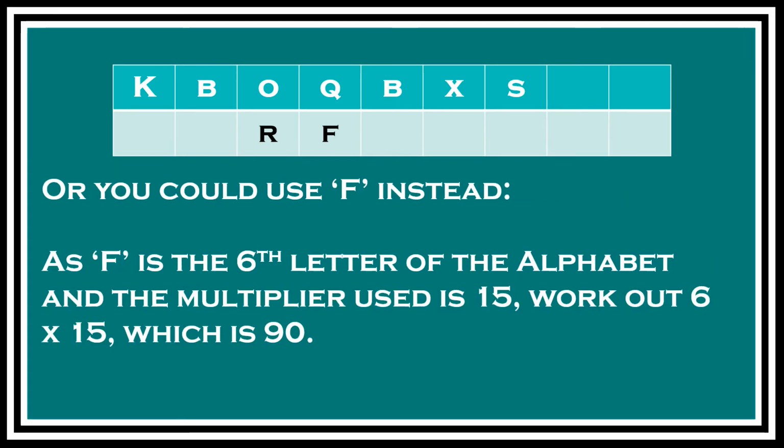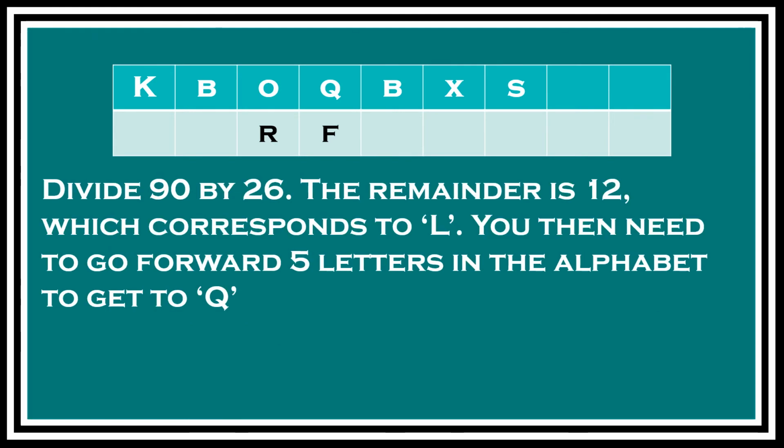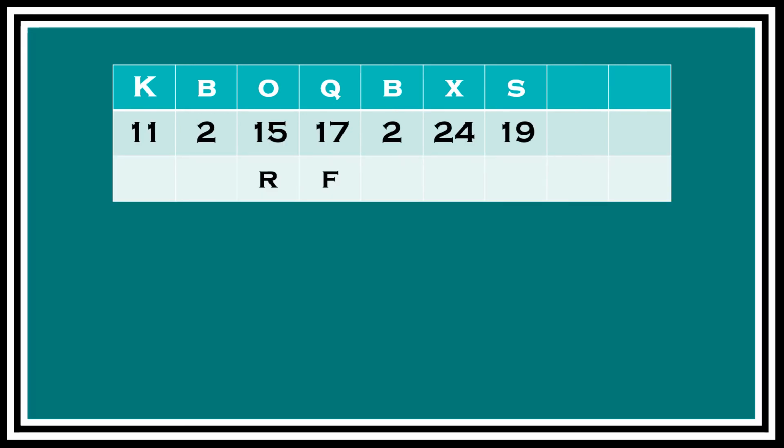We could have used F to work out that Caesar shift as well. F is the 6th letter of the alphabet. Multiplier is 15, work out 6 times 15, giving us 90. Divide that by 26, we get a remainder of 12. The 12th letter of the alphabet is L. But F actually encodes to Q, so since we're at L at the moment, we need to go forward 5 letters to get to Q. So we are trying to decode the message